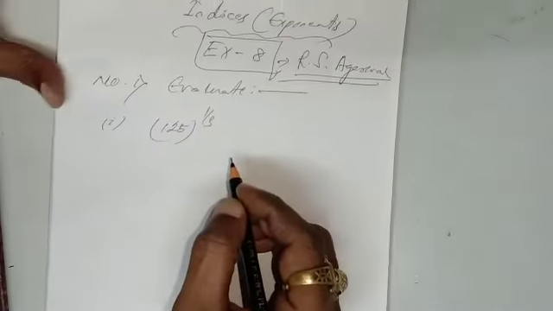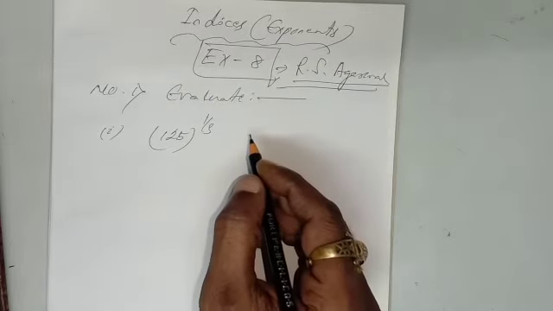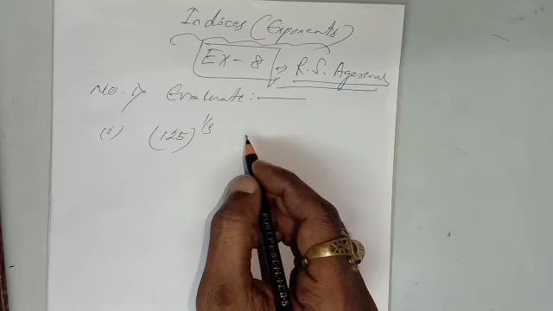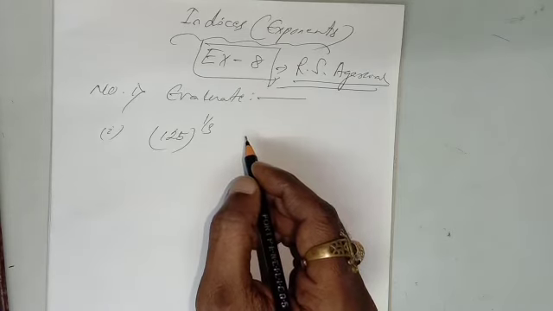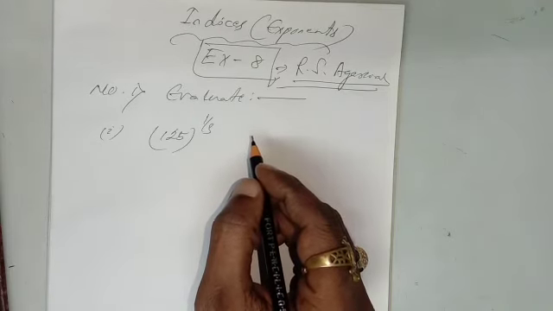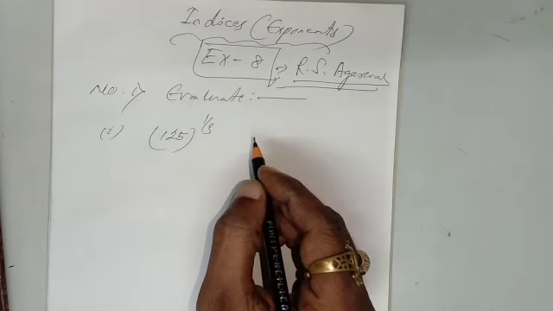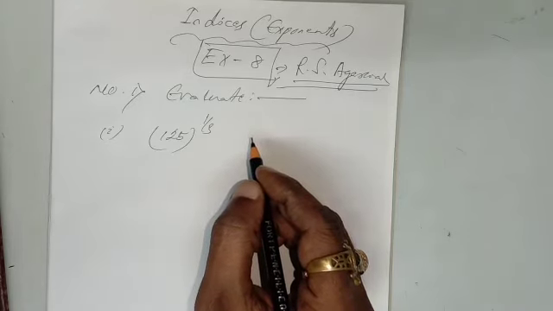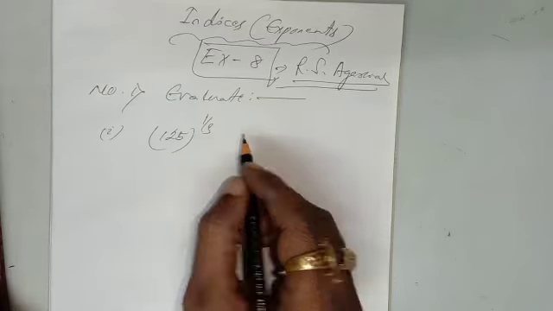See, the chapter name is indices or exponents, exercise 8 from the book R.S. Agarwal for ISC board. This chapter is not only for ISC board, CBSE board or new state board also it is present. Very, very interesting chapter. All the related theorems I already discussed. For revision purposes, I am doing this chapter again, repeating this exercise from different books. Though I have completed your prescribed school books, I am doing it from the R.S. Agarwal book. Question number 1, evaluate.